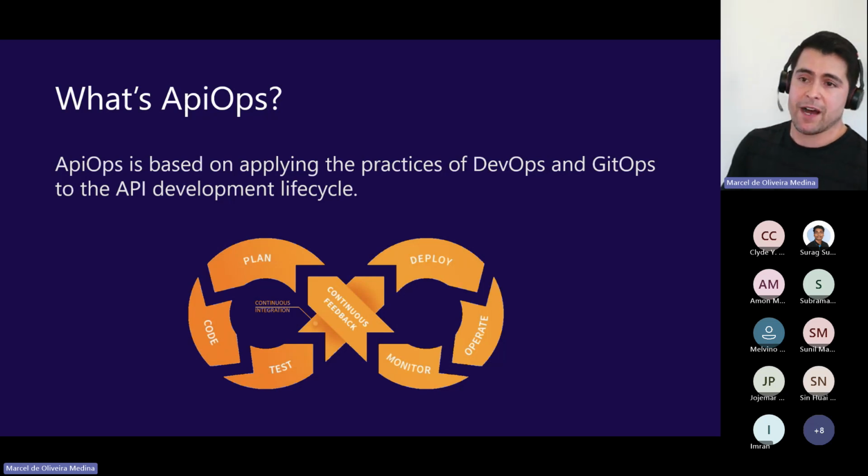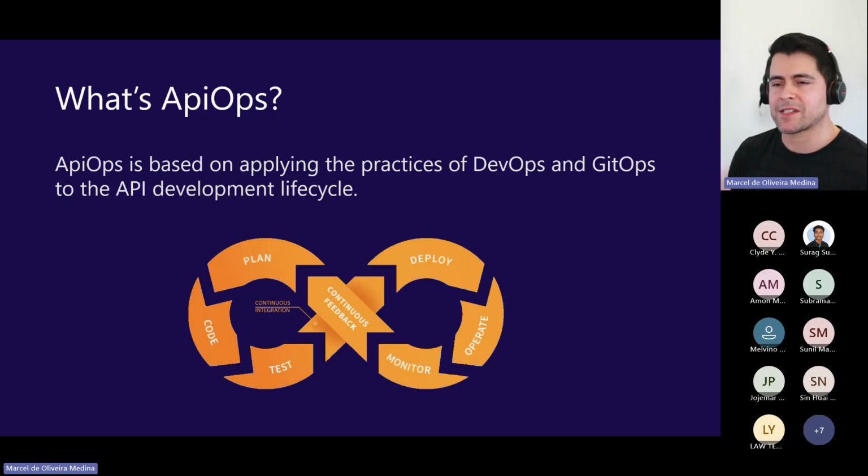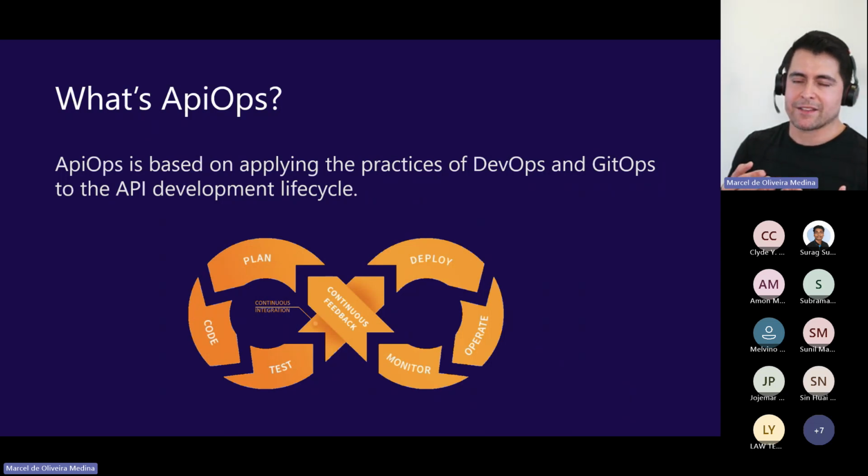It's specific to the API because when we look at the software development lifecycle, we're looking at first designing the architecture of the solution, right? While with the API, you're not going to be establishing the architecture, but you're going to be defining what sort of requests and responses you're going to be expecting. So there's this design phase as well, right? And then what sort of payloads and contract you're going to be leveraging. So you need to think about whether your API is going to be versioned, and how you're going to establish versioning for that. So there are different practices under the API development lifecycle.